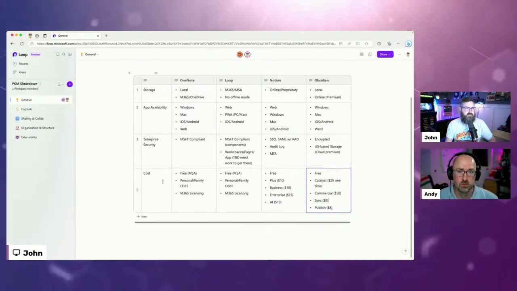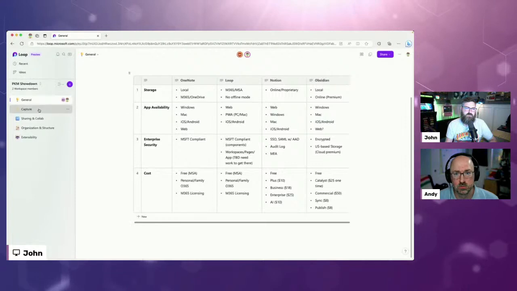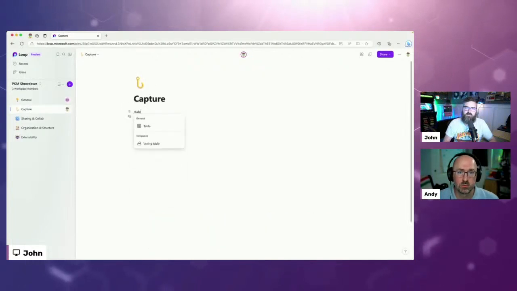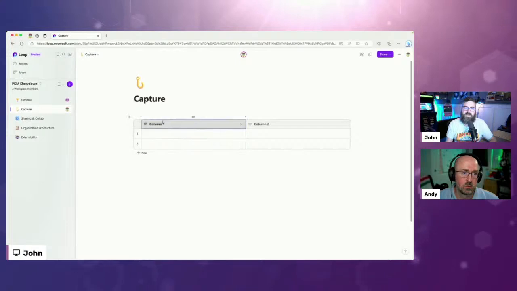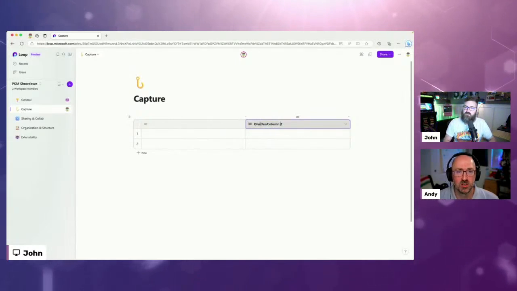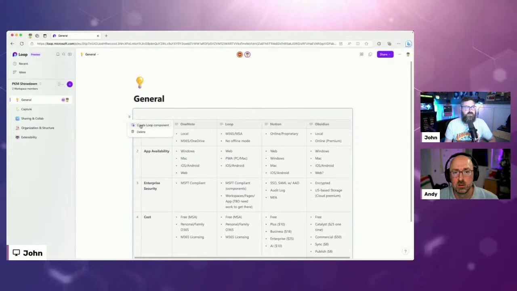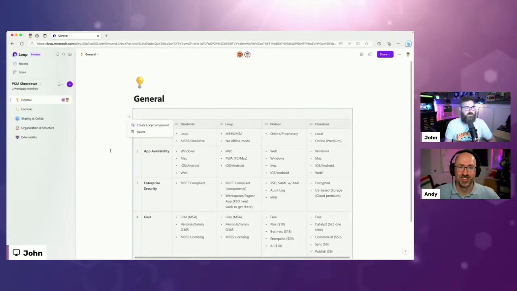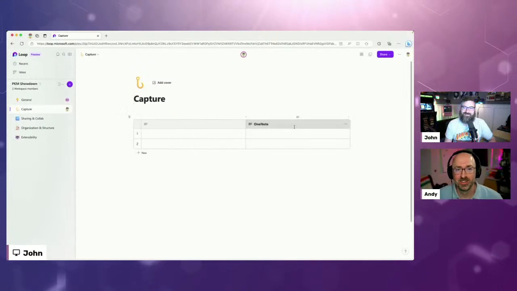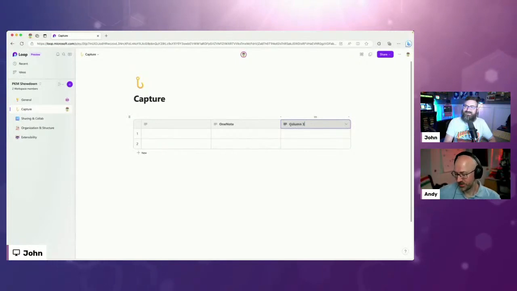Okay, cost. Thanks. Appreciate you guys remembering the cost portion. So getting into capture, let's add another table for that and talk about the difference in capturing stuff. So Daryl says you can copy the content of the loop to a new page. Yeah, but then it copies the whole component. I don't want to ruin it. I want to have a duplicate. So Daryl, tell me if I can duplicate so that I can do that faster. Loop with 3 O's.